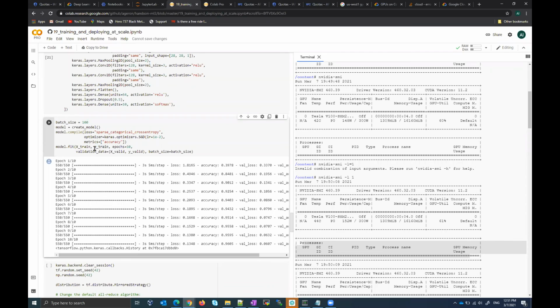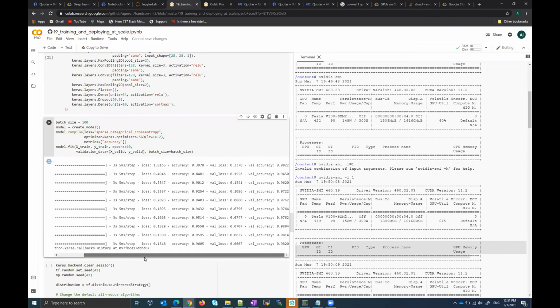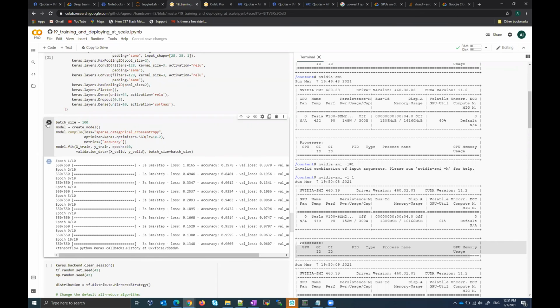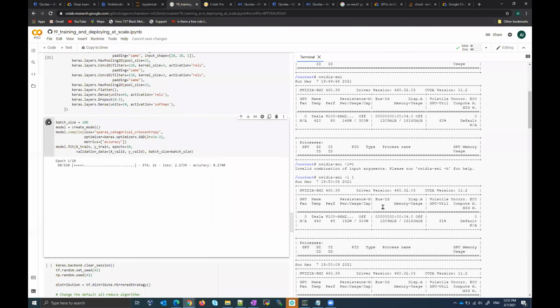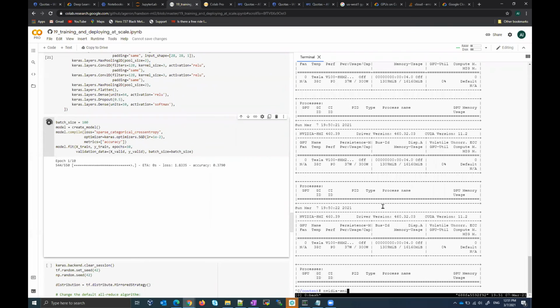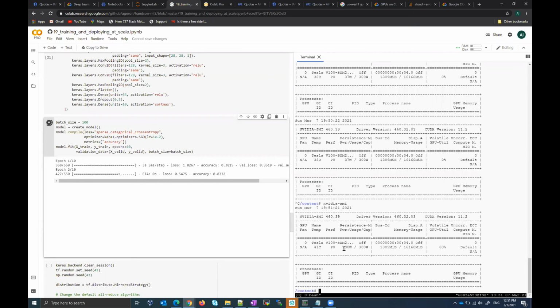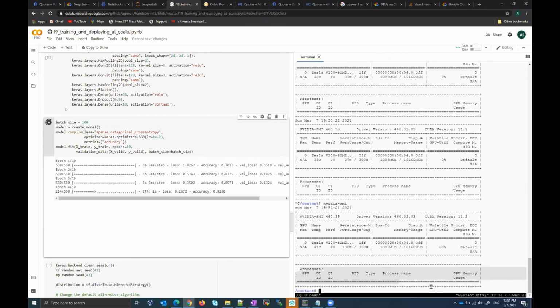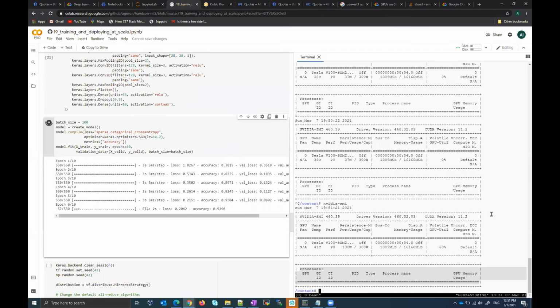The PID and the process here. Let's try to do this again. I was expecting to see a process in this section. There might be some disconnect,